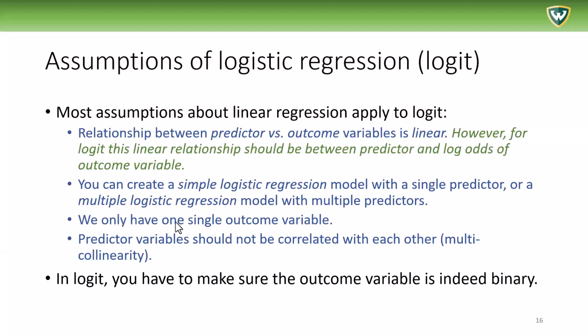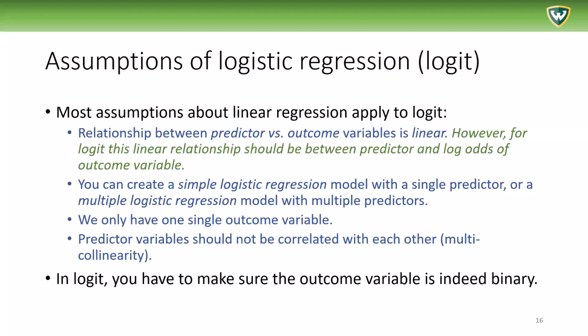Second point, you can create a simple logistic regression model with a single predictor, or a multiple logistic regression model with multiple predictors, as we also saw with the linear regression. We only have one single outcome variable, so also this is the same, but we can have multiple predictor variables. And the predictor variables should not be correlated with each other. That is, we should not have multicollinearity. Maybe we didn't talk much about this before, but that's one of the assumptions of the logistic regression model,